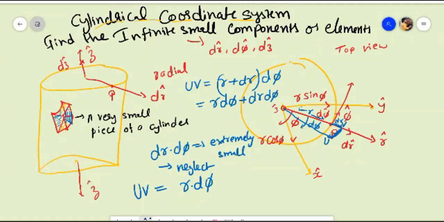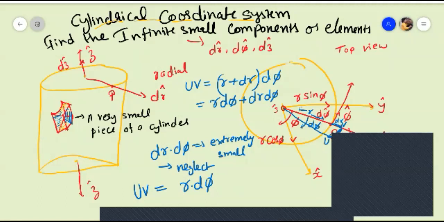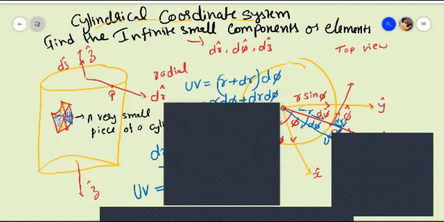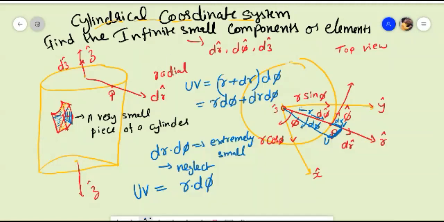Okay, so I think you are getting the point of what I'm trying to do here. And if you have any queries or any problem, you can just ask me in the chat box also. This is a quite important derivation for the cylindrical coordinate system, and you need to understand it. Then only will you be able to do more complex numericals on EMFT, because just memorizing these values is not enough. You have to understand how we are approaching it. What is our approach?